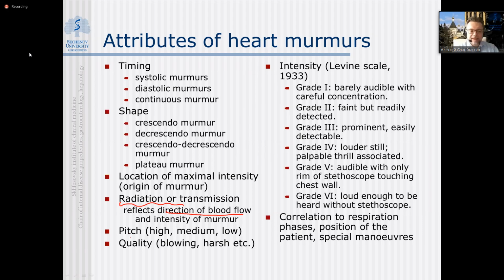Pitch, it's important, whether it may be a high frequency murmur, medium or low frequency, and once again, maybe somebody,